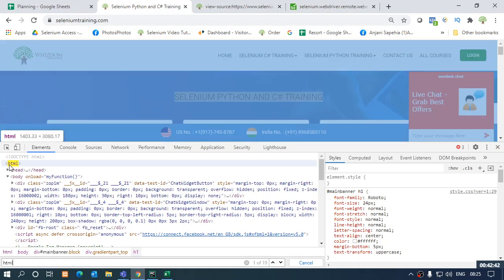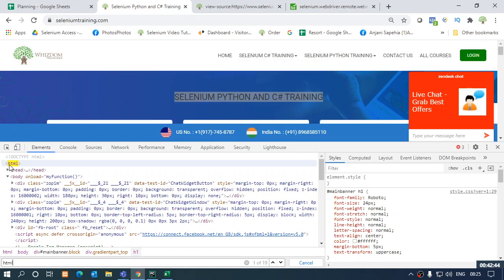My first tag is HTML. One thing to note: if you are going the right way in finding the XPath, your text will be highlighted in yellow, like the HTML tag is highlighted in yellow. Right. So this is important to know. If you're going wrong, your element will not be highlighted. There you have to stop and rebuild it from the last point.